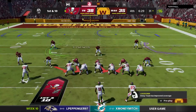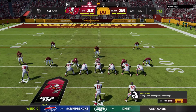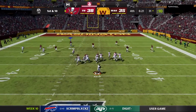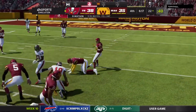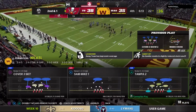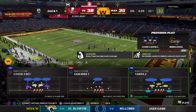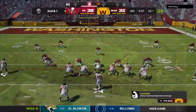Here's 1st and 10 just outside the 30. A shotgun snap for Watson. Gets it quickly to Galladay. Yeah, this will leave him a yard short. Nice pickup of 9 yards on 1st down. Nothing fancy on 1st down, but a very consistent type of a play. Hit that slant. A lot of people call it an extension of the